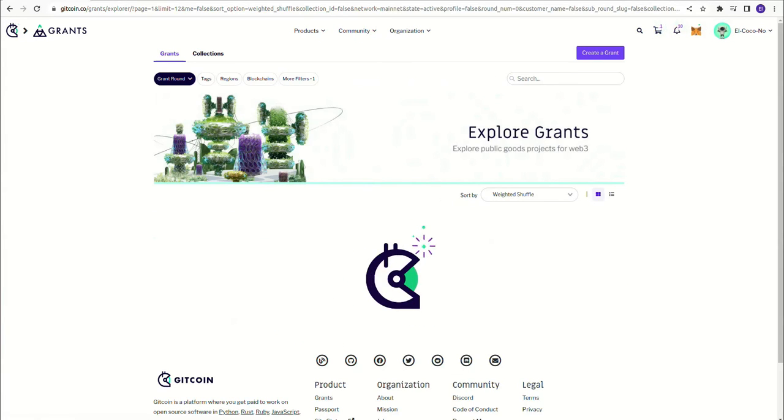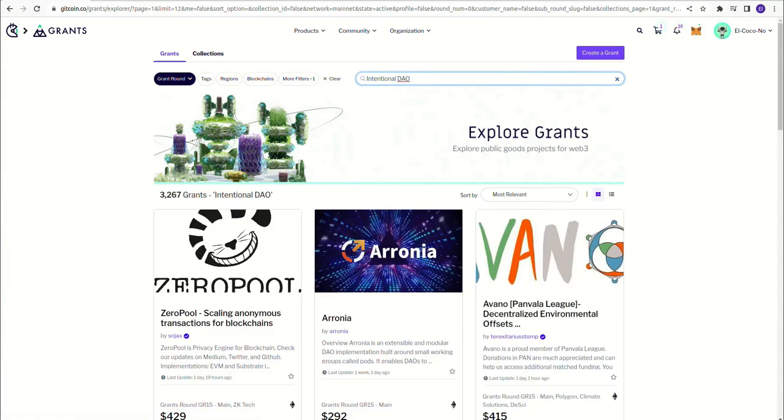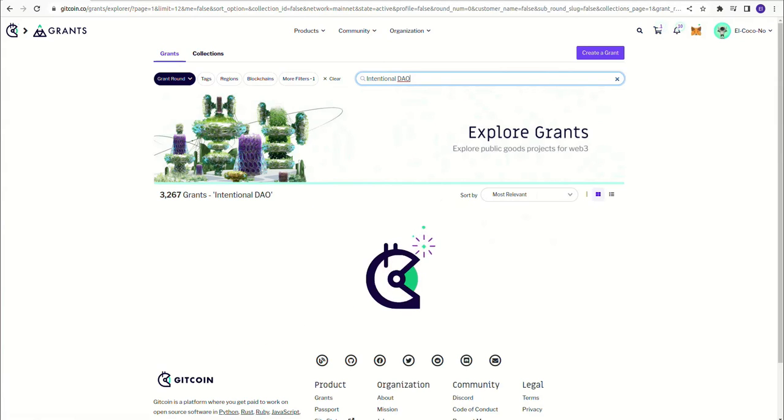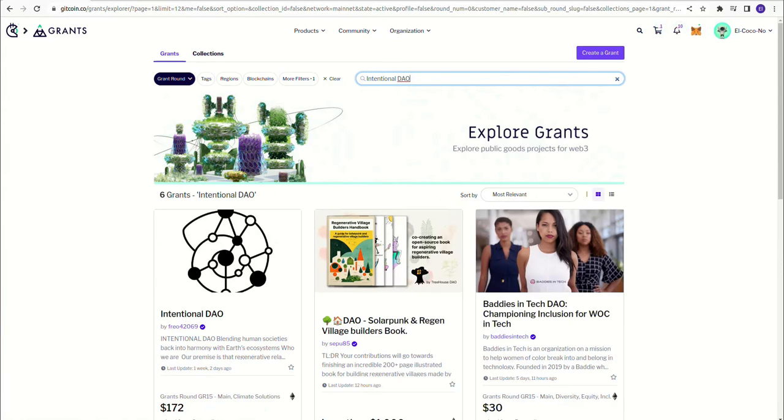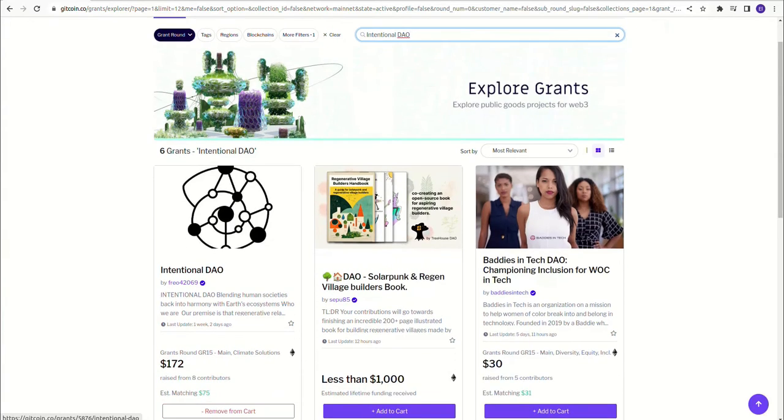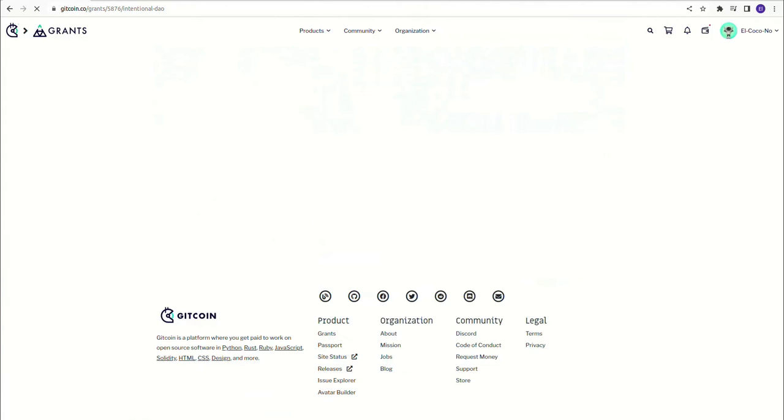And then you're able to search in that search bar, and you can just type Intentional DAO, enter. And search for some other ones too, because there's some really cool grants on here, cool projects. So here's Intentional DAO. Click on it,